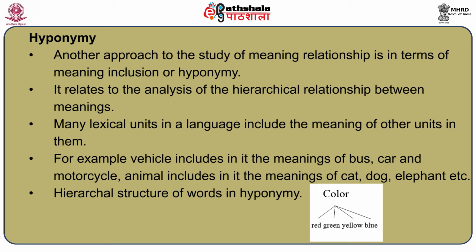The lexical unit in which the meaning is included is the superordinate term or hypernym, sometimes referred to as a classifier also. The hyponym has some additional meanings which distinguish it from the other class. For example, dog contains, besides the meaning of animal, also an additional meaning which distinguishes it from other animals like cow, cat, horse, etc. This hierarchical structure can show how a particular word is hierarchically placed. Thus, different types of meanings are actually represented in the dictionary.